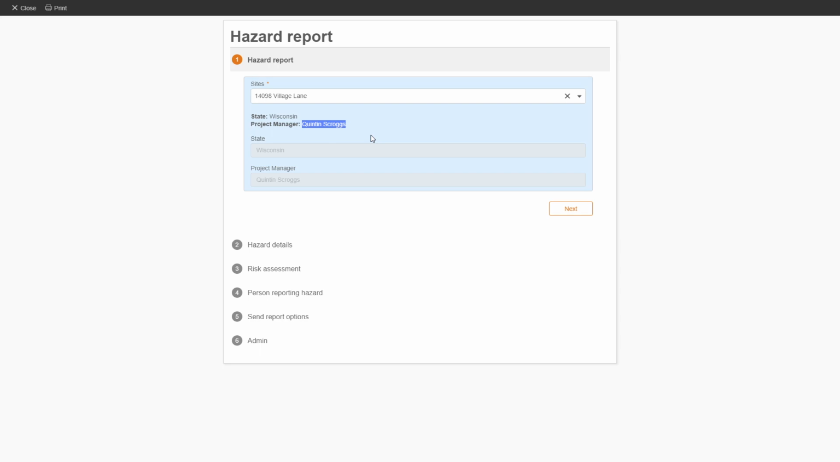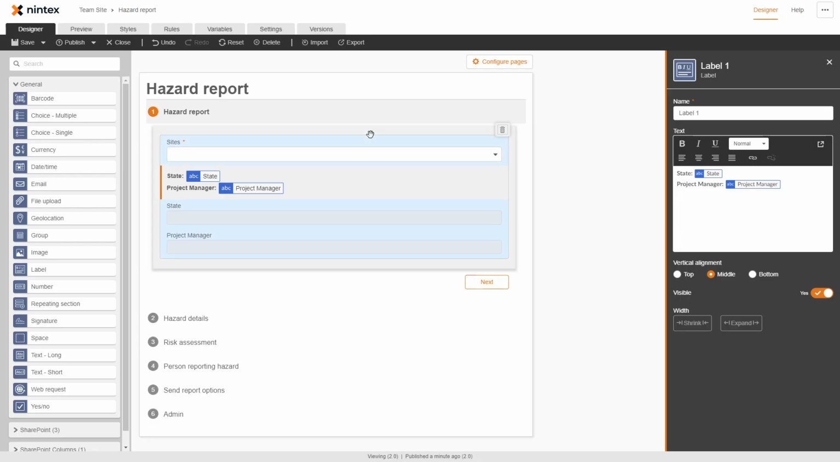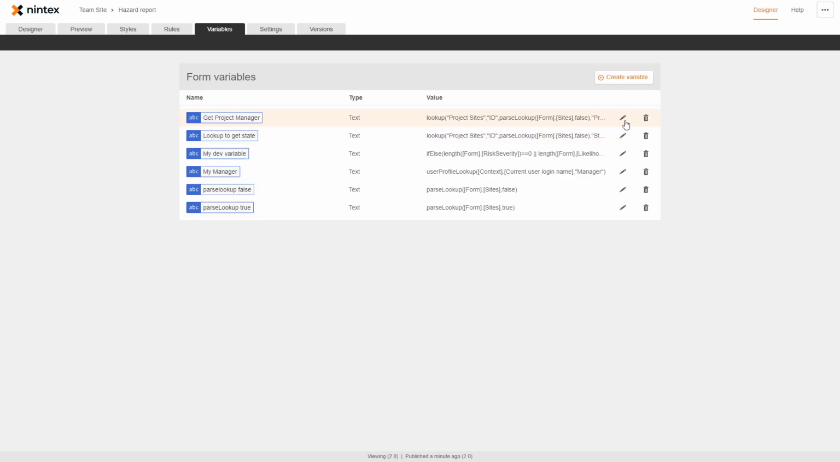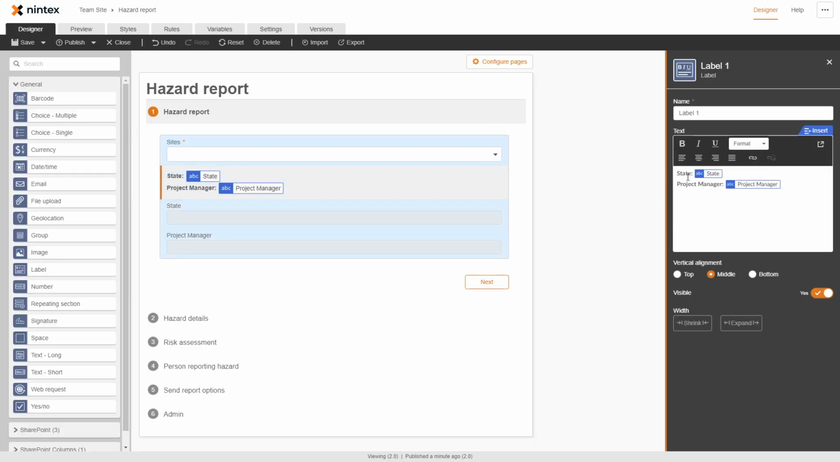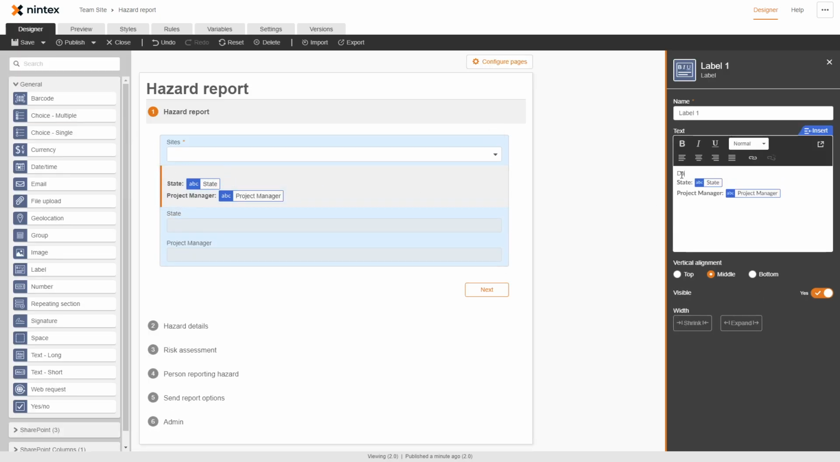They can query across any site collection within your tenant. Now jumping back to the designer, another thing you might have noticed when I was building that variable was we now have the ability to recalculate the variable in the following modes. Now what that means is, let's do an example. So I've got date of inspection. Now if I was to put in here something like